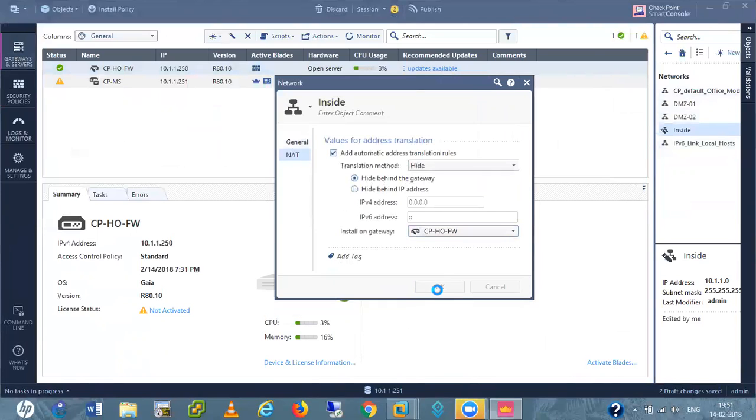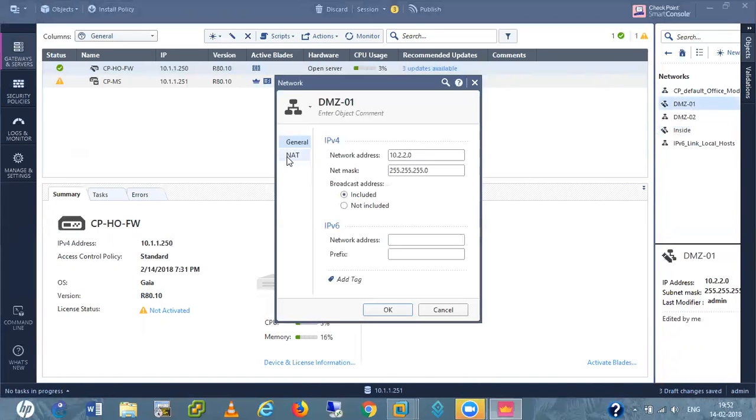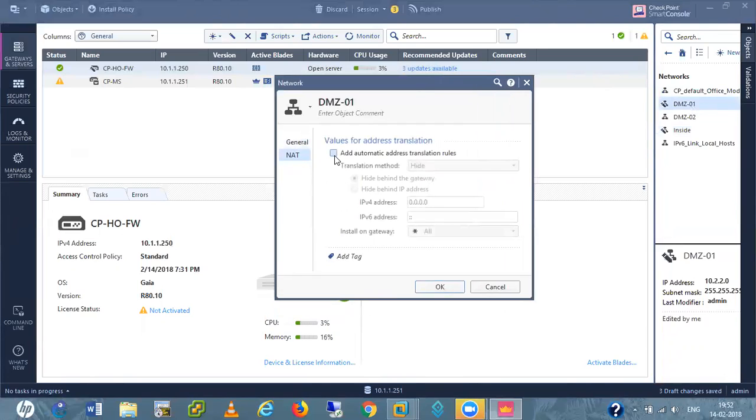Done. Same thing with the DMZ network, hide behind the gateway.